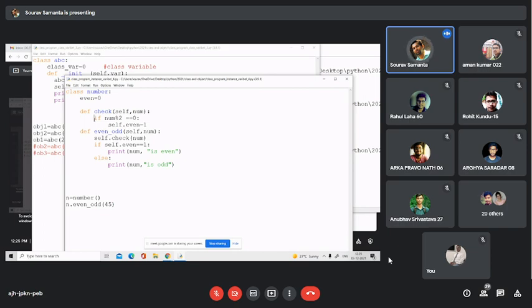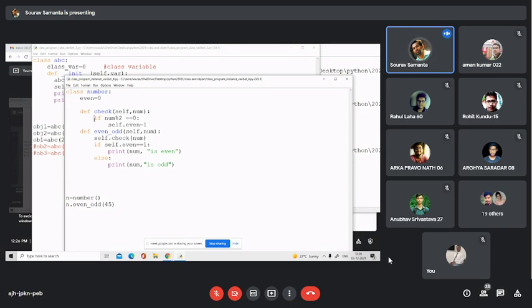The second function is def even_odd, which is basically the printing of the type of the number, either an even number or an odd number. So here again self, num, and self.check(num), that is already how we have checked the value. Next is if self.even equals 1, then even, else it is odd.